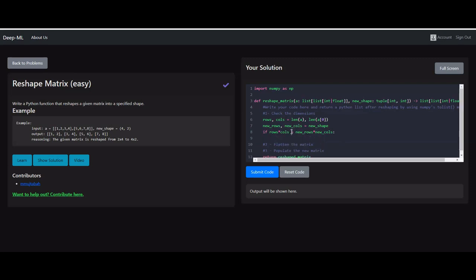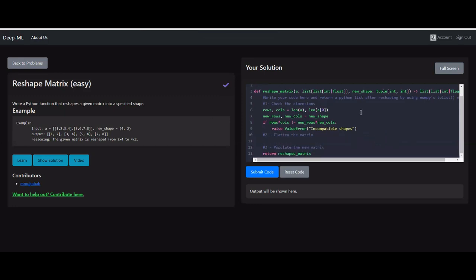We want to stop the program if we find that this is not the case. So we do this to say that they're not equal. And there's multiple ways you can handle this. You can return a -1 or any other value. I'm just simply going to raise an error, because if you ever run into this problem once you're running your code, then it would be easier to debug. Incompatible shapes. Great. So if the shapes do not match, then you just stop iterating. Assuming that that does not happen, then our next step is going to be to flatten our